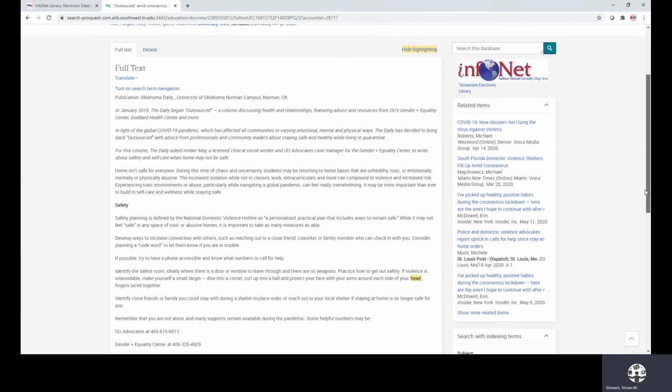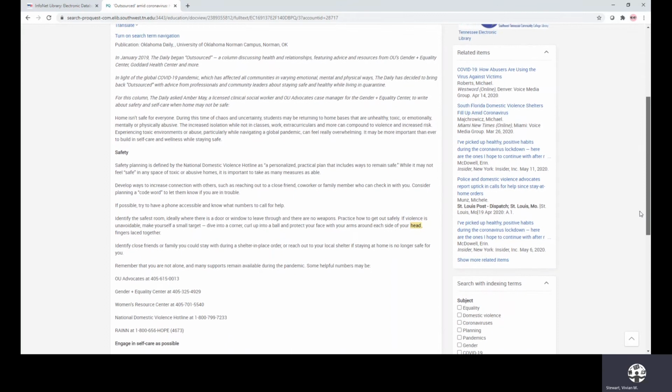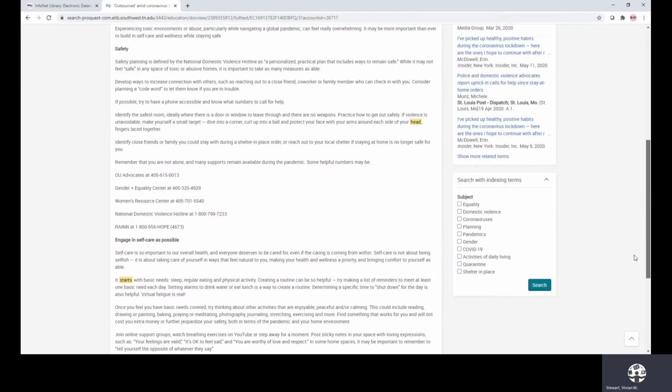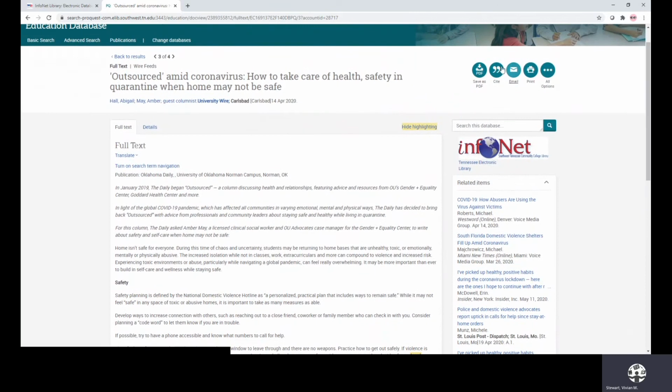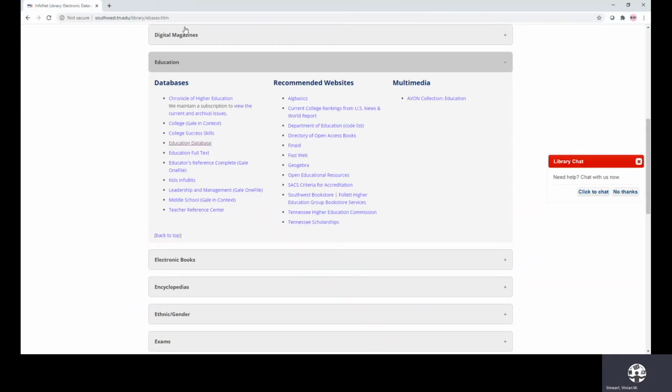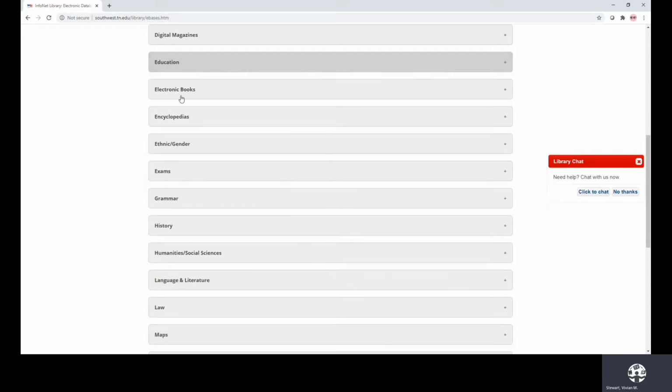Because sometimes we just really aren't using the correct terms. Though remember, we can always go back and we can modify this. So this is the full text of the article. Your tools are listed across the top. I want to close this out. Remember, I said that you may want to try education full text also. Okay, let's go to the category